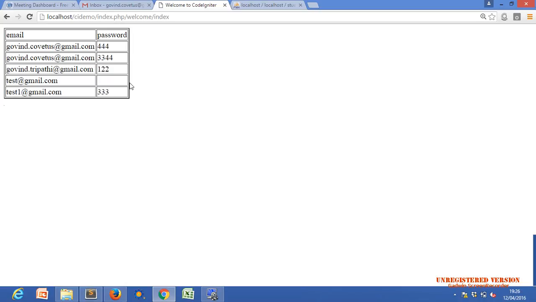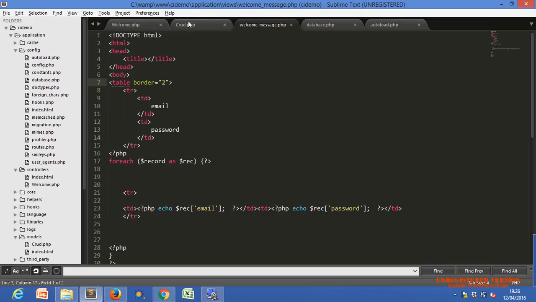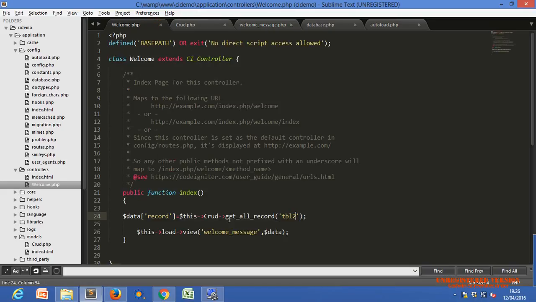Same code we have done in core PHP for displaying the data. But in CodeIgniter, first we have to send the request to the model to fetch the data from this table.